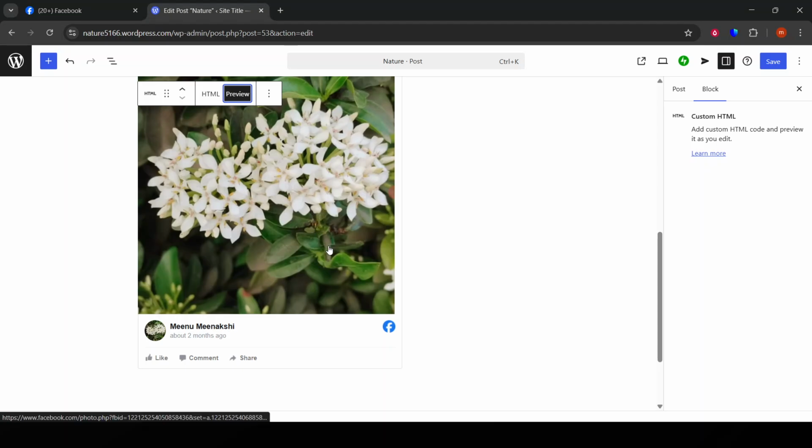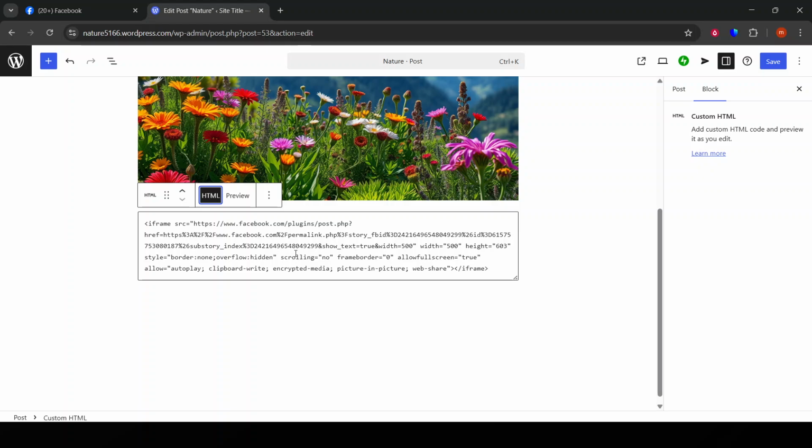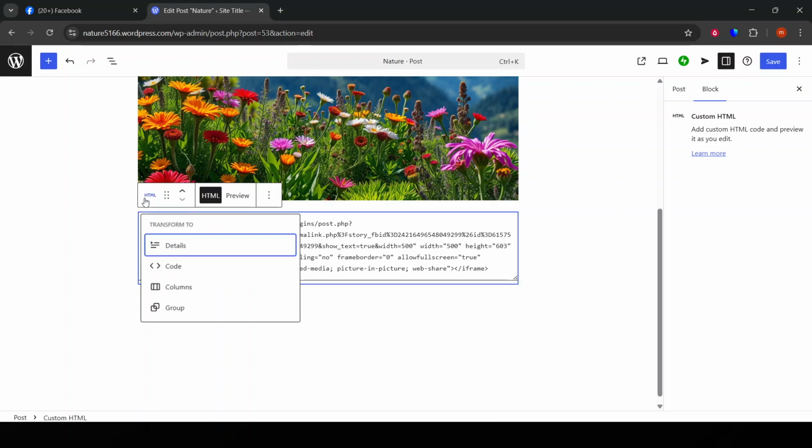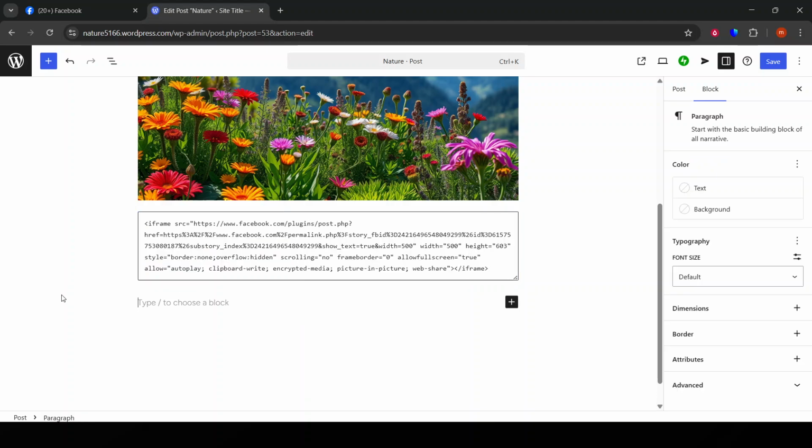Make sure you're in text mode. Paste the HTML code you copied from Facebook right where you'd like the post to appear within your content. It might look a bit overwhelming at first because of the code, but don't worry, it's doing all the heavy lifting for you. Don't forget to click the Save Draft or Update button on your WordPress page to ensure that